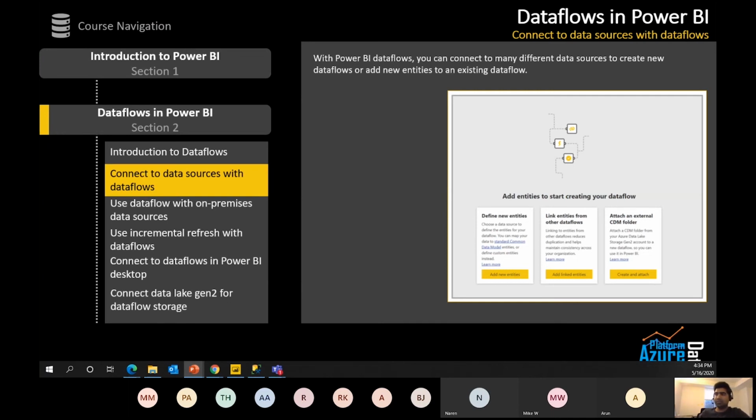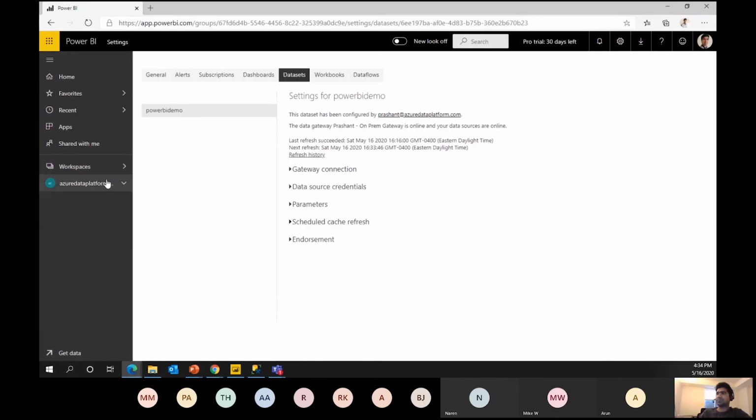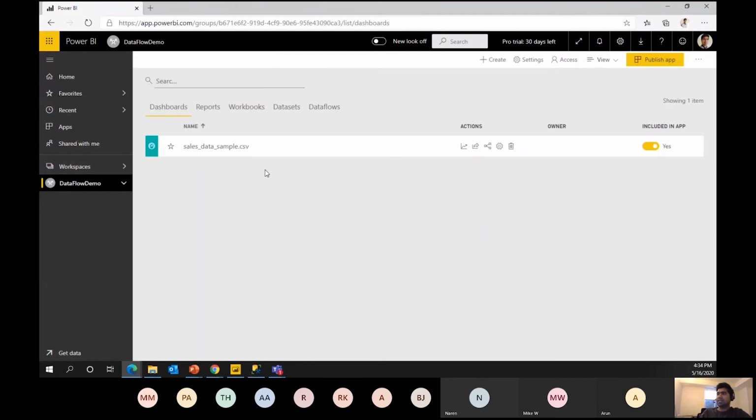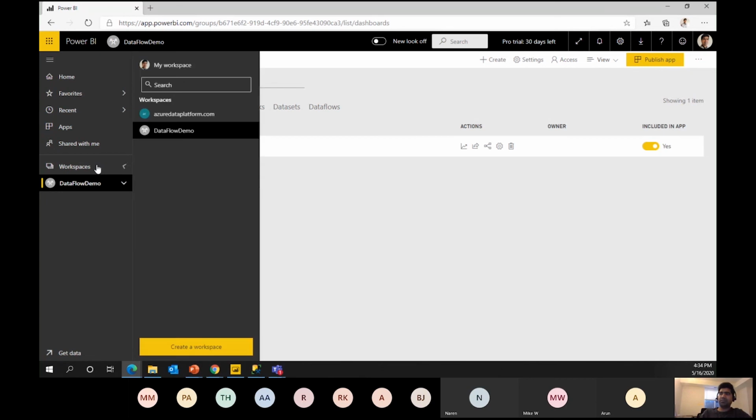So let's jump to Power BI service, and then we will understand it better. I have created this workspace, Dataflow Demo. When you create any new workspace, first you need to understand how to create one.